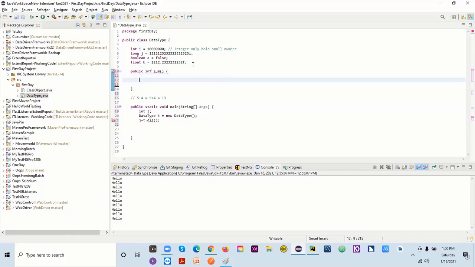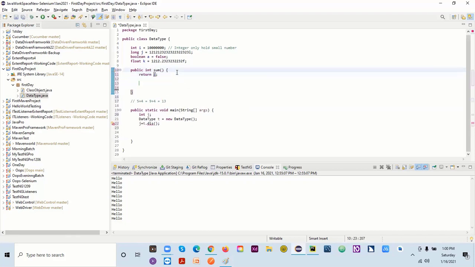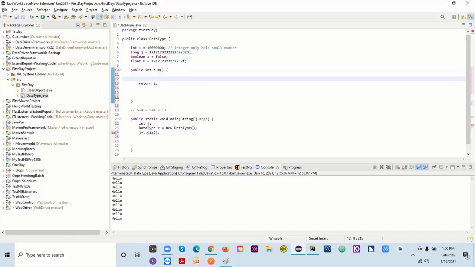Okay, so let's add a return statement, and I'll say here, all right, I'll be creating one variable here, which is a primitive data type or primitive variable.